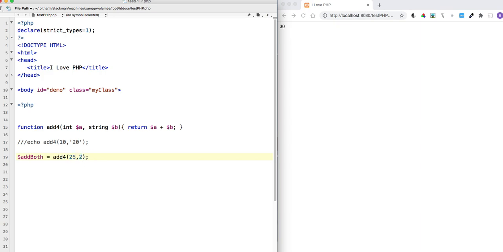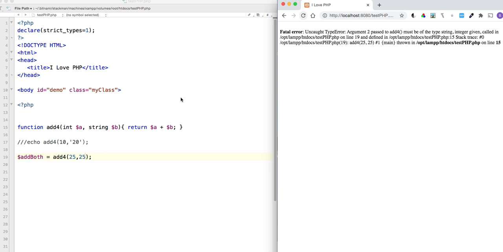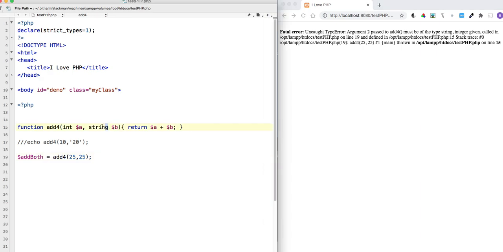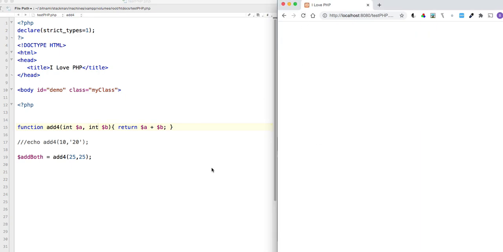Let's do 25, 25. Oh, let's see. See, it's going to look at it because it's saying this is string right here. So why don't we just change this back to int, save it, boom, you get nothing because we're not